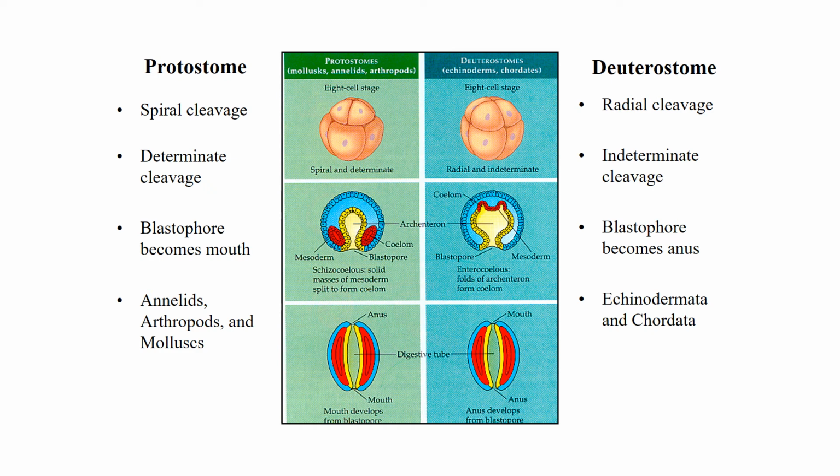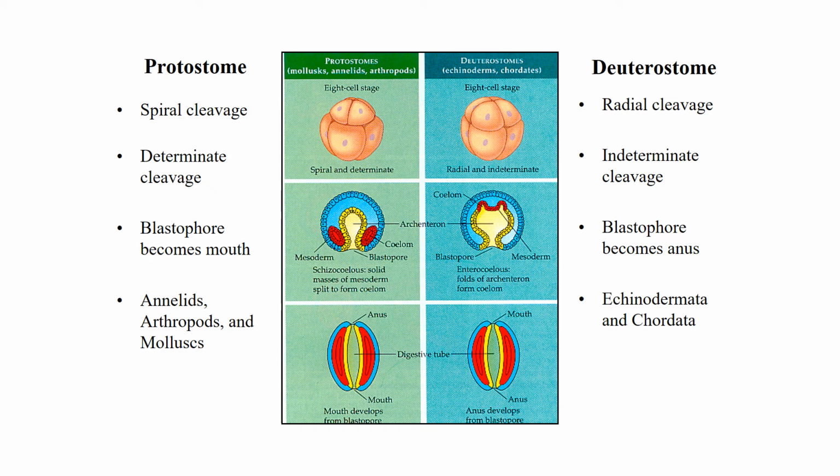Deuterostomes have radial cleavage, meaning all the cells stay the same size as they divide. This cleavage is indeterminate, meaning the cells do not specialize, so any cell can become any type of tissue. If you remove a cell from an early stage embryo, other cells will form the tissue, so the embryo can